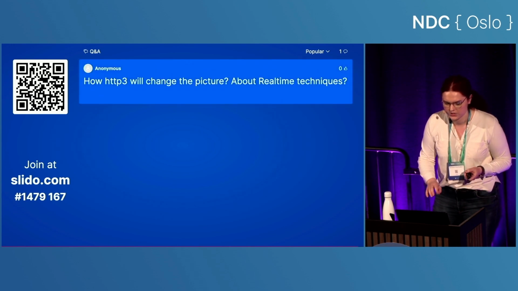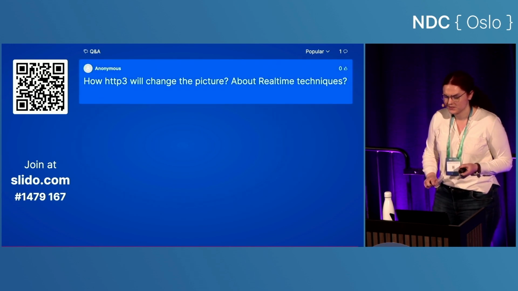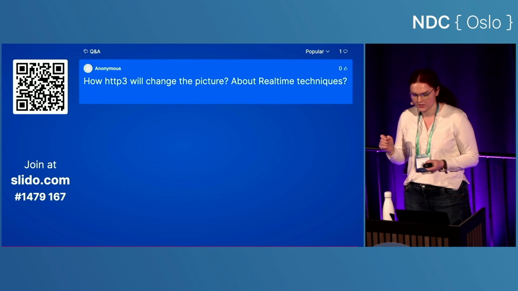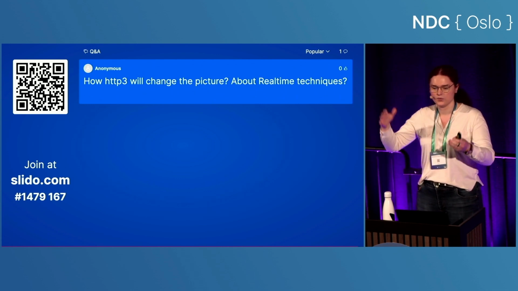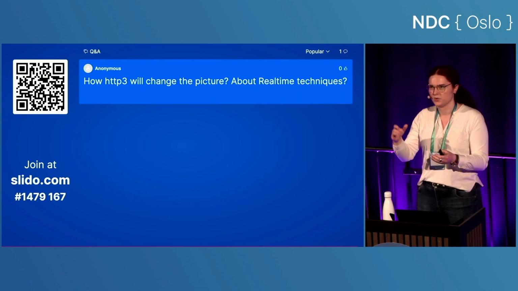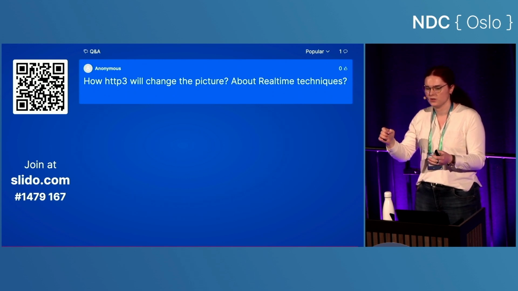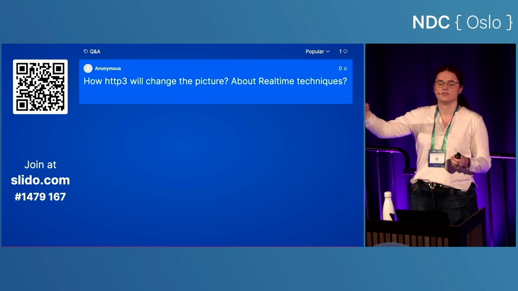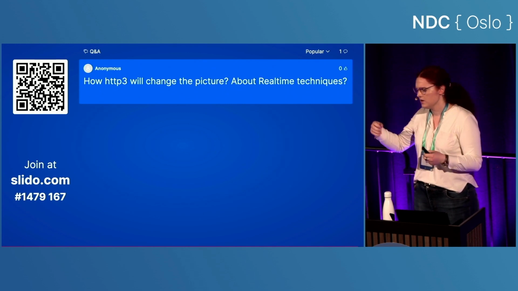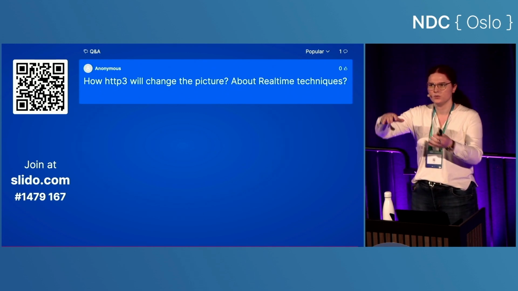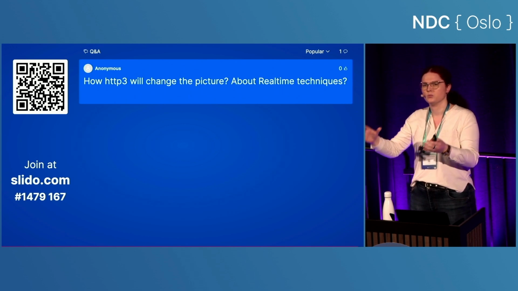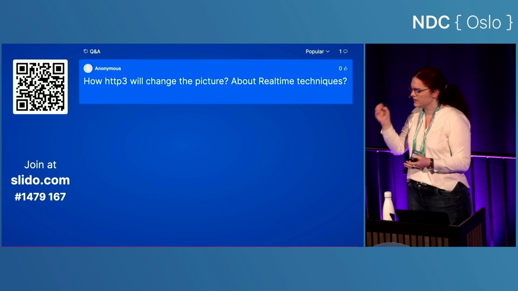Okay, so how will HTTP3 change the picture? And about real-time techniques. That's also a very interesting question, because if we go back to HTTP 1.1, we remember it was a bit poor when it comes to event stream. You had the maximum of 6 open connections. And then you had HTTP2, which did a lot of stuff under the hood to make it more efficient to use connections. With HTTP3, the major thing that happened there was that we switched out the underlying protocol of everything,